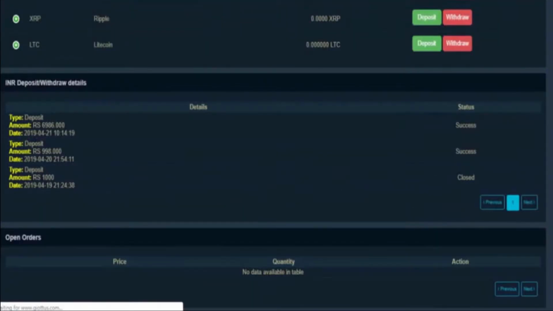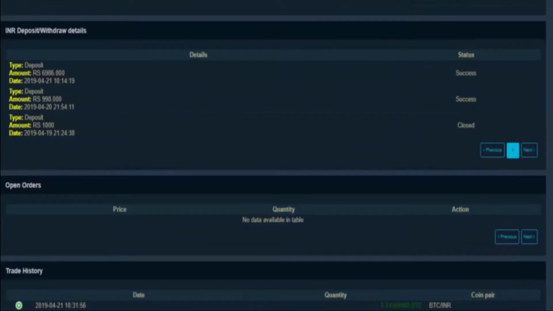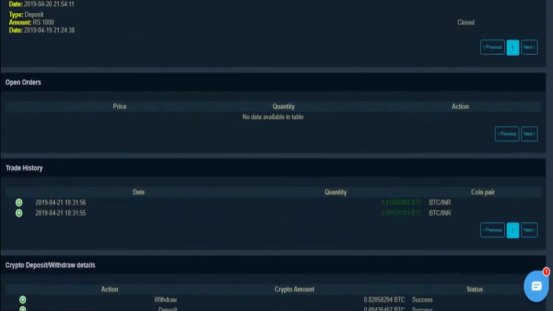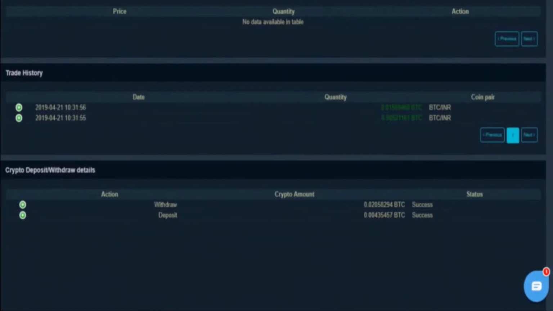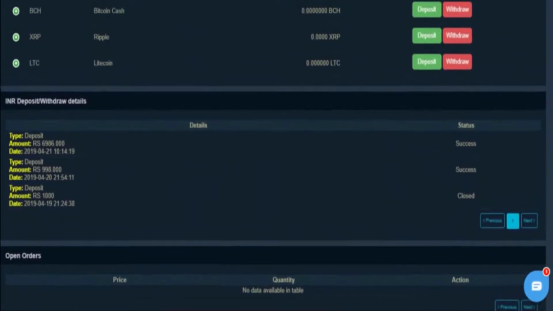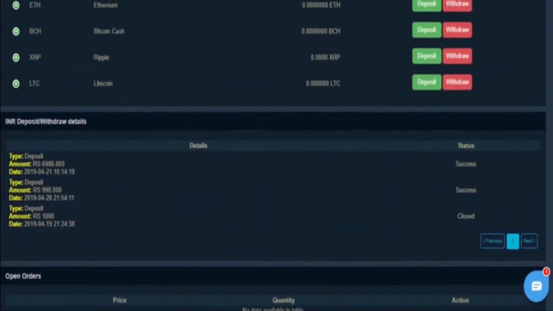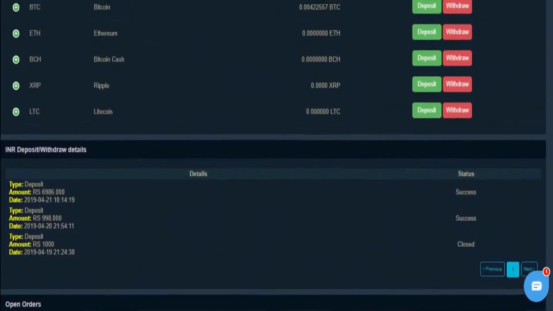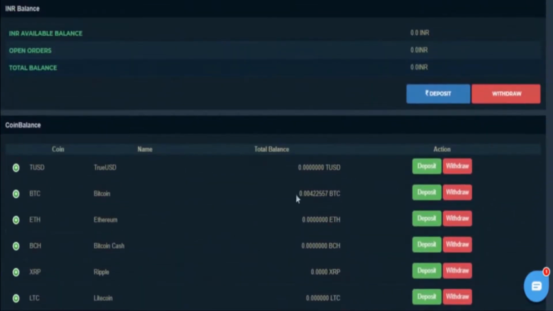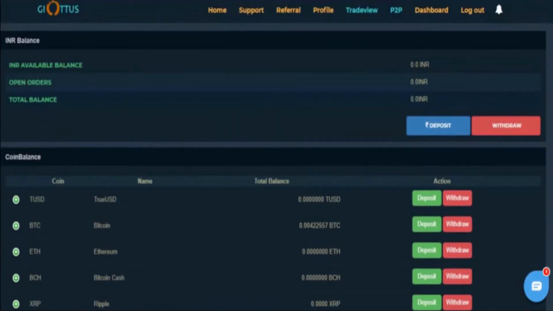As you can see, for the last deposit of this account, I had made some withdrawals and deposits also from this account. I currently have 0.0042257 Bitcoin in this account.